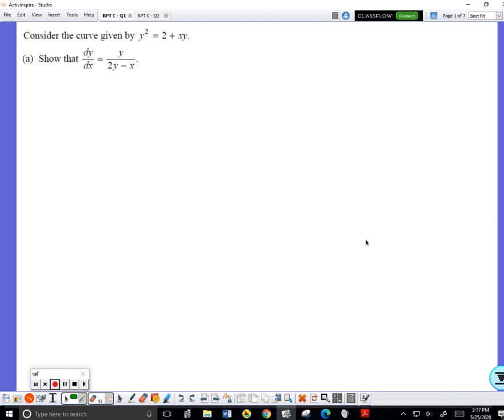Okay, consider the curve given by this formula. So when I read that, I remember that this is the formula for finding the points on a curve. Show that the derivative is equal to that. So